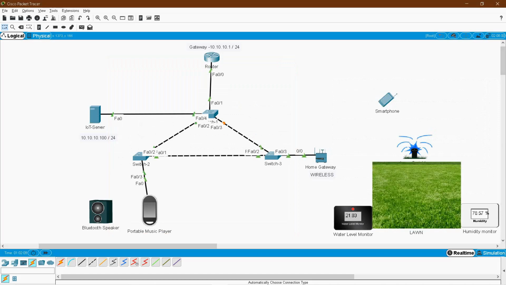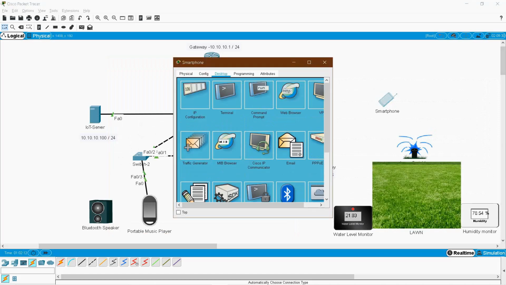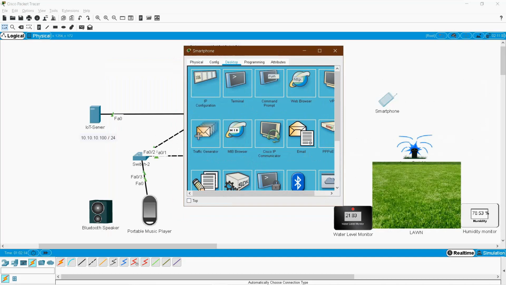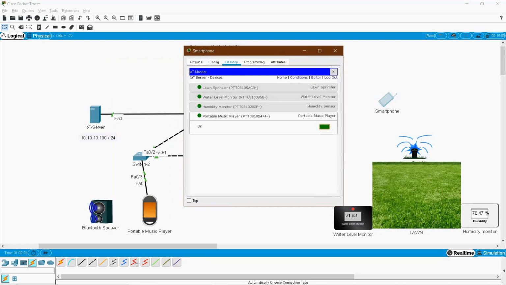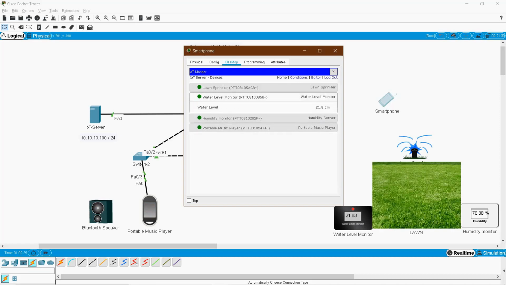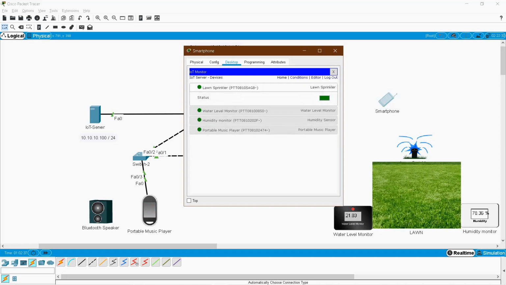And suppose if you have returned back from your office, through your smartphone, go to your IoT monitor page. So from this page you can make your music player on. You could hear the sound, right? And if you want, you can off it, and from here you can check your lawn status, what is the water level, whether my sprinkler is on or not, or if you are going out, purposely, if you want to off your lawn, you can off it. Okay, through this. Okay, log out.